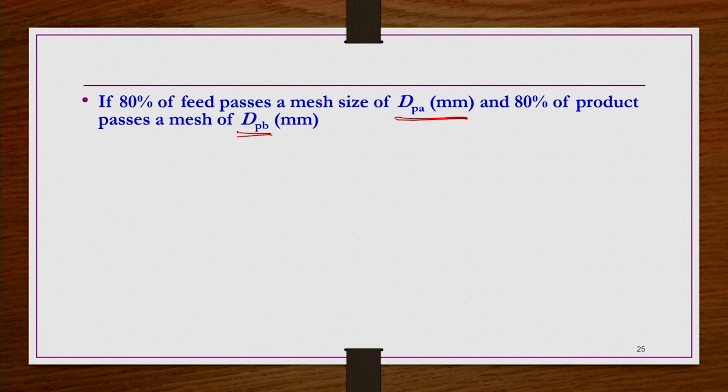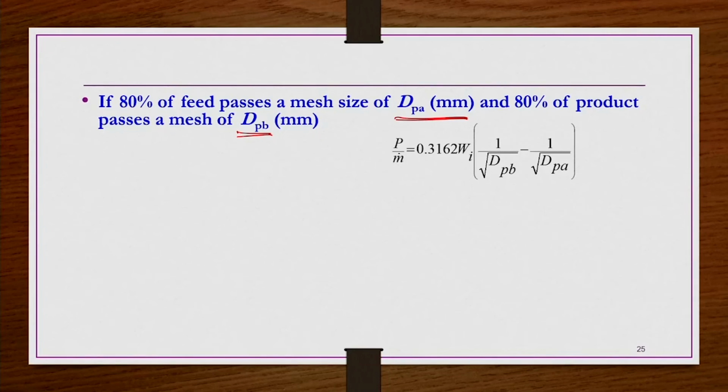Because for Bond's law it is required that when you use the work index, the 80% concept should come out, that 80% of the material passing through whichever size is there should be taken as the required size for the calculations. Then if you write in terms of both feed and